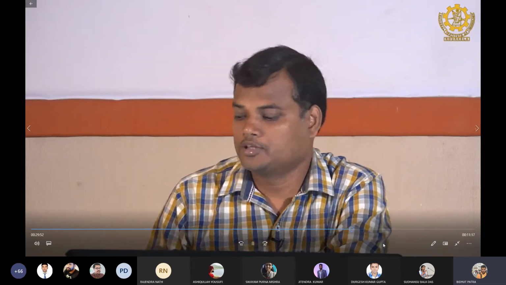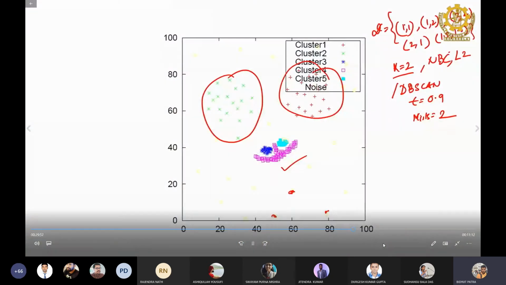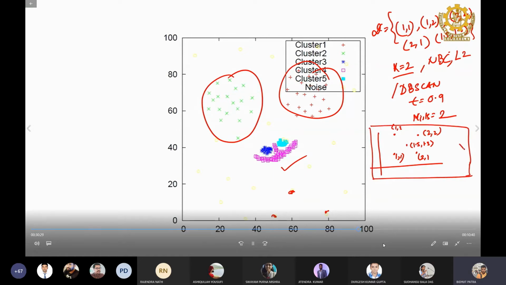So how to solve this problem? If you apply DBSCAN, what is the first step? You take the first point, that is 1 1. Let me write it here. So this is the point 1 1. This is the point 2 1. This is the point 2 2. This is the point 1 2, and this is 1.5, 1.5. But you cannot always plot the data in 2D. If you have a multi-dimensional point, then you have the point here, 1 1.